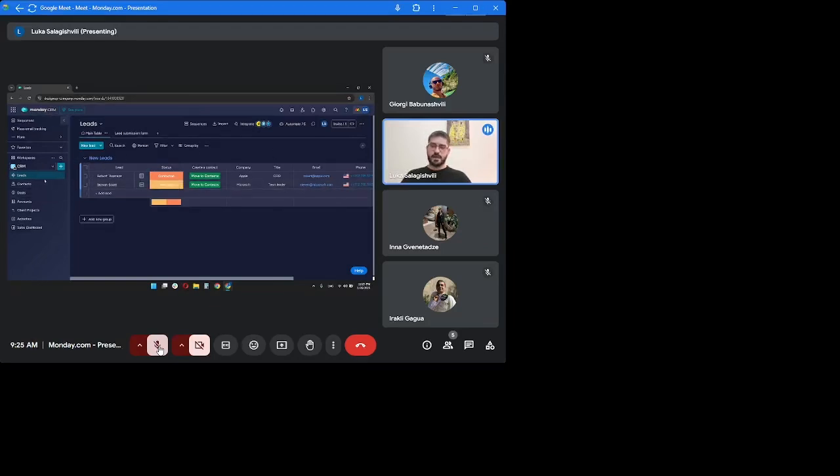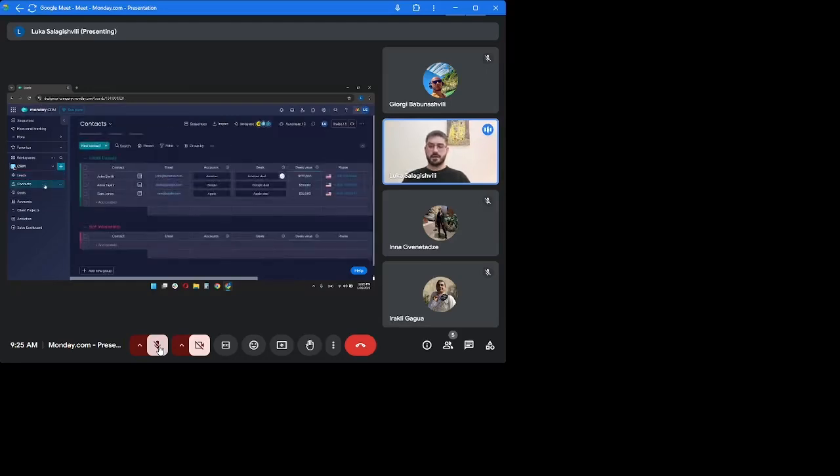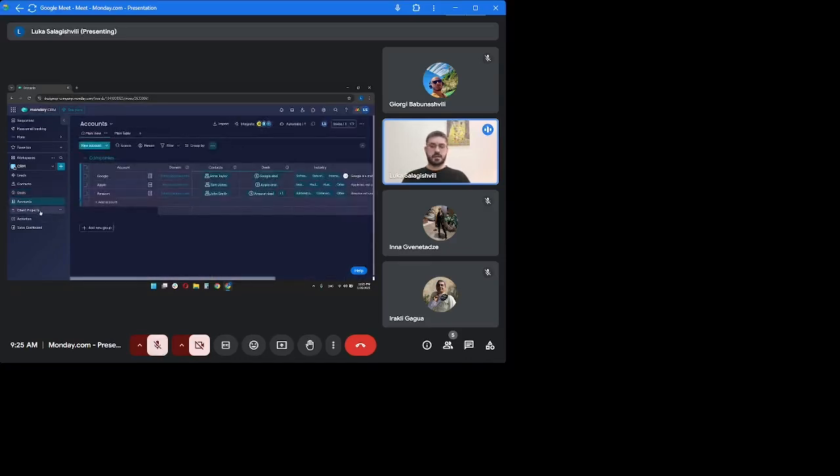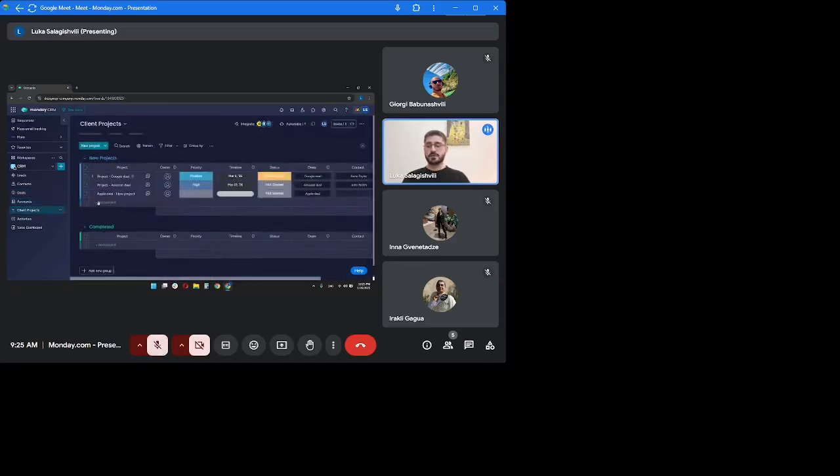So right now, based on their Basic CRM template, we have a few boards which are connected to each other. First one is leads, second one is contacts, then we got deals, accounts, and then come the miscellaneous boards like client projects. So for example, this one can be used for internal purposes and to give tasks to the team members,